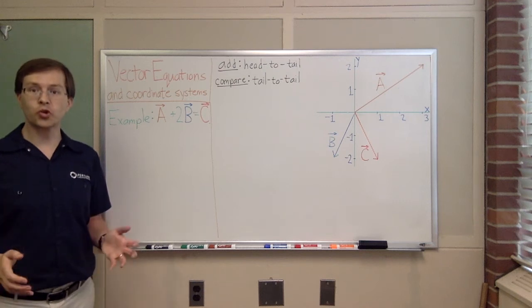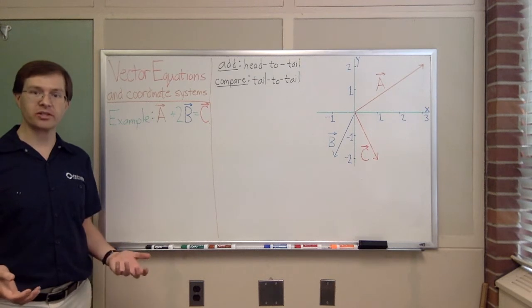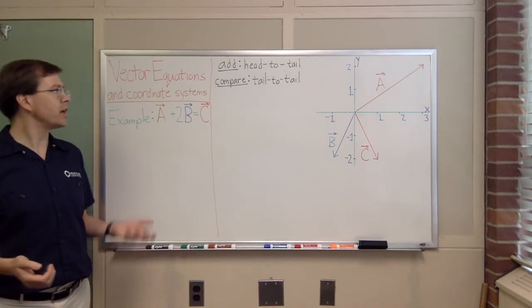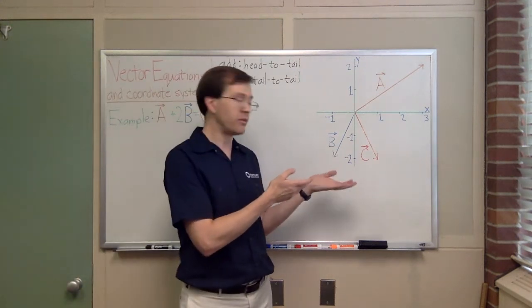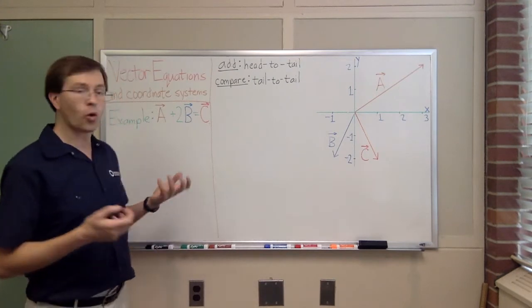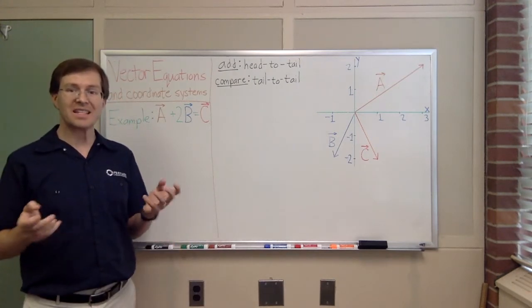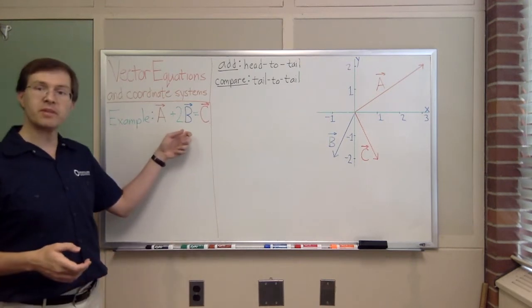One of the most important tools we have in studying physics mathematically is the idea of vectors. And today I want to tell a little story about vector equations, both in terms of pictures, the arrows on a page, and telling it in terms of coordinate systems and components. The example I'm going to use is a very simple equation, a vector plus 2 times b vector equals c